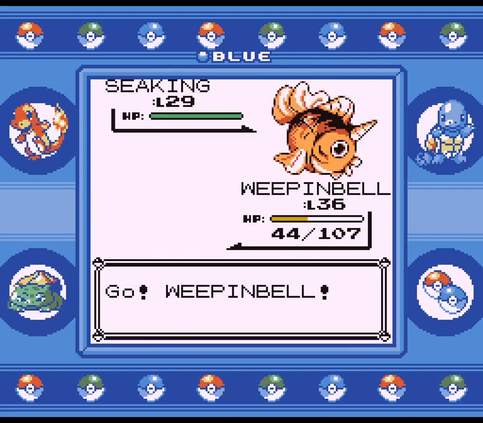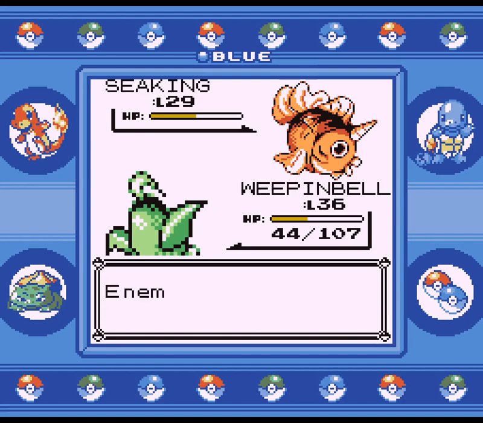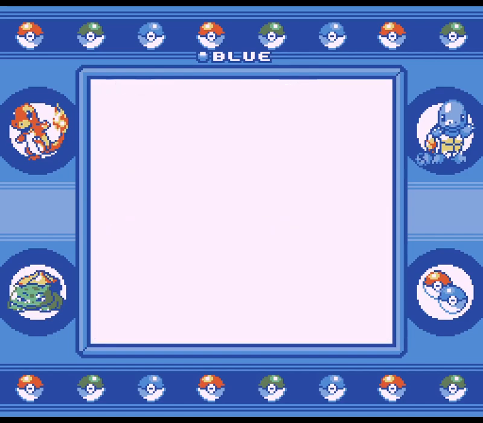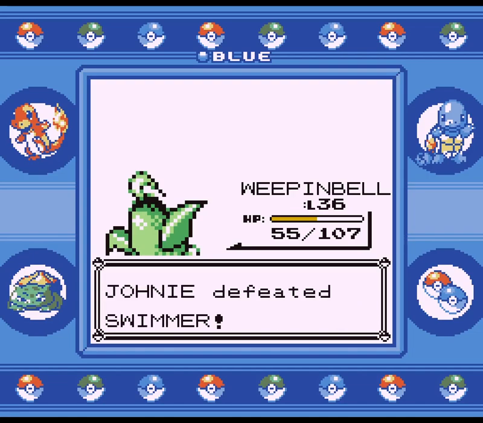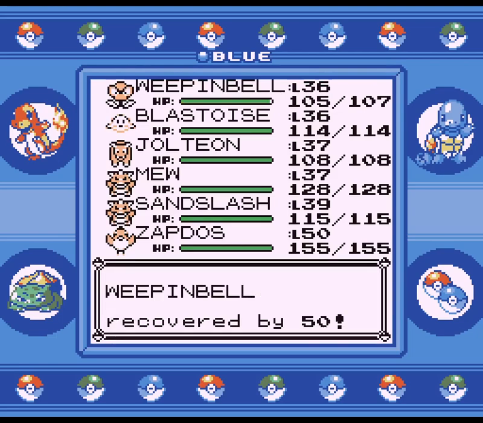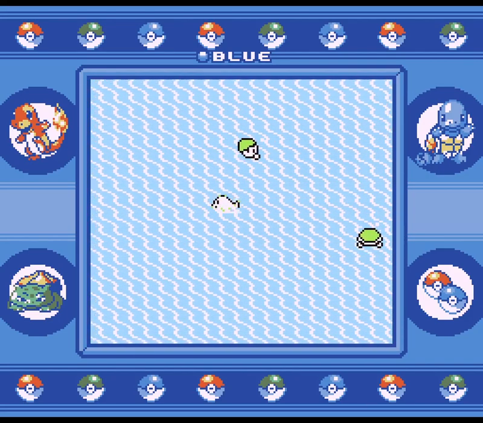This is Seaking. I completely forgot about its Gen 1 sprite. Like, evolved Goldeen. And a bit more durable. Yep, not worried about that just yet. Alright, just use another Super Potion to get Weepinbell back in shape. So, heading down southward,